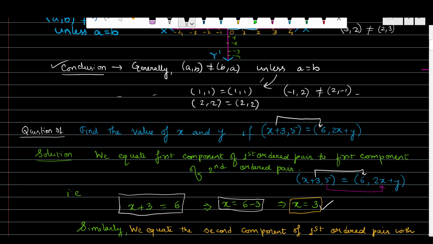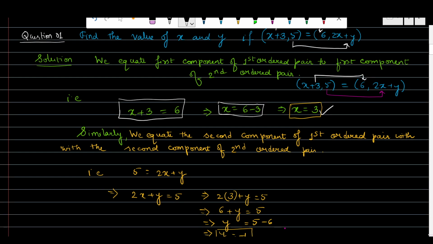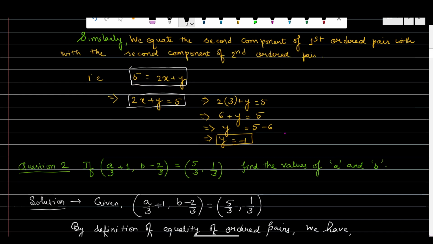Similarly, if we equate the second component of the first ordered pair with the second component of the second ordered pair, we get 5 equals 2x plus y. This equation we get, and we already know the value of x, so putting the value of x over here, we get 2 into 3 plus y equals 5. Now 3 2s are 6, plus y equals 5, which further implies that y equals 5 minus 6 equals minus 1. Similarly, you may try this